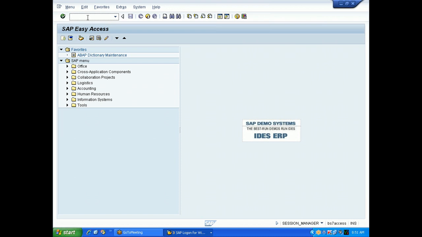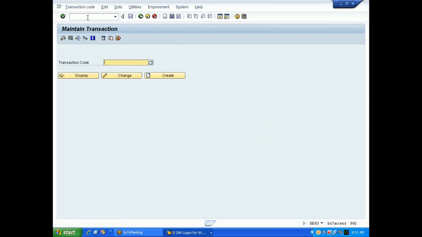If you want to create a transaction, go to transaction SE93. Enter the transaction code here, which starts with Z or Y. Some transaction, you can give some characters or numbers, anything.